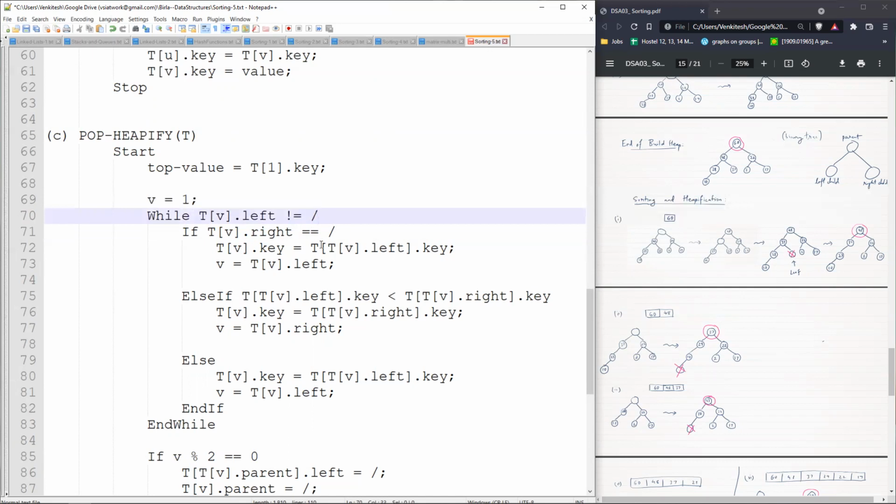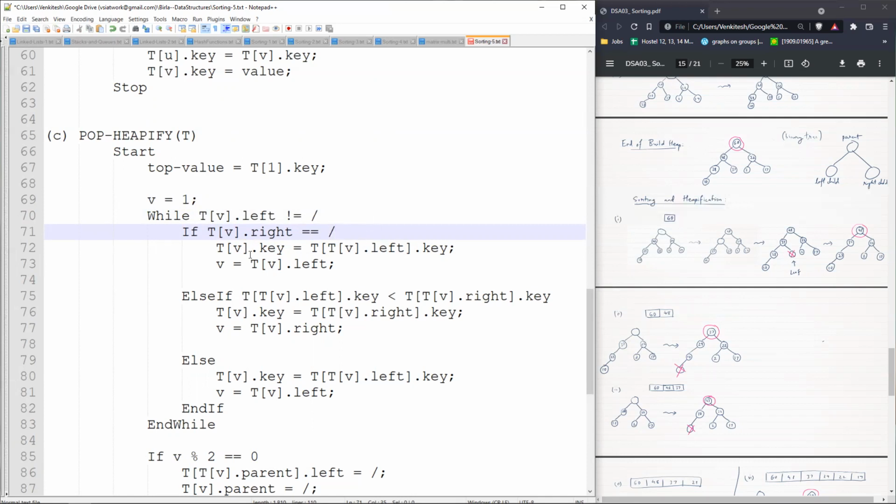So assuming that there is a left child, which means T[v].left is not empty, we go down and then we check if it also has a right child. If it has no right child, T[v].right is equal to empty, it means the only choice you can have is the left branch, right?